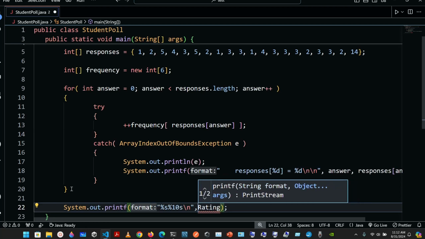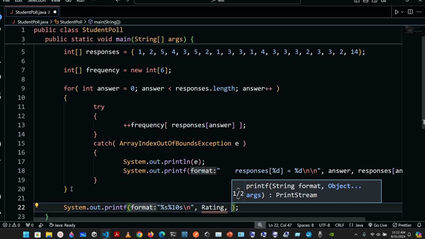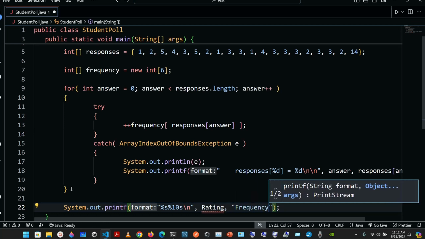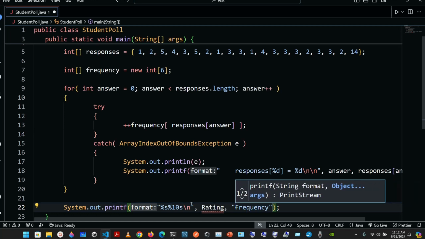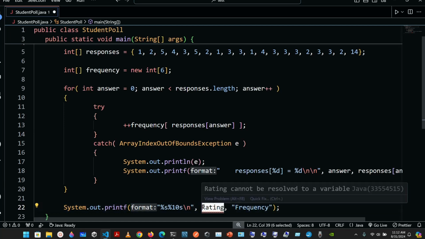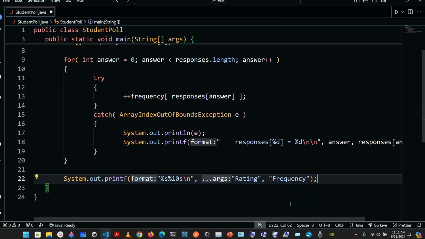And finally the third argument is gonna be the frequency. Let me see, no, it has to be inside double quotes, this one. Yeah, like that, double quotes. Okay, so yeah,